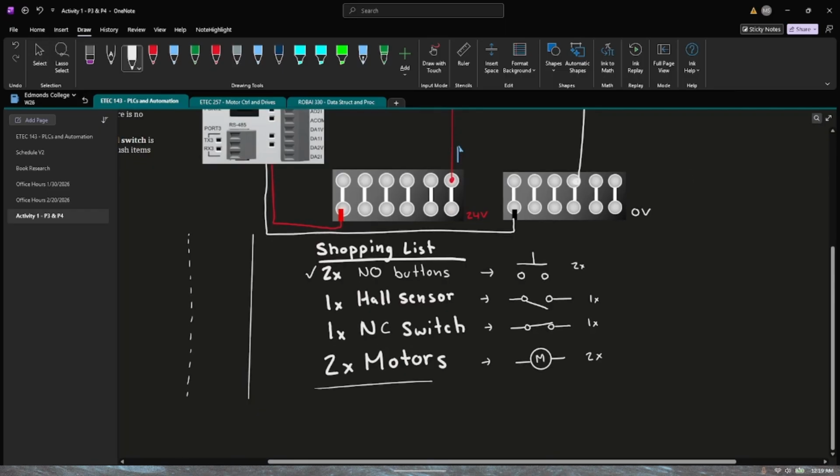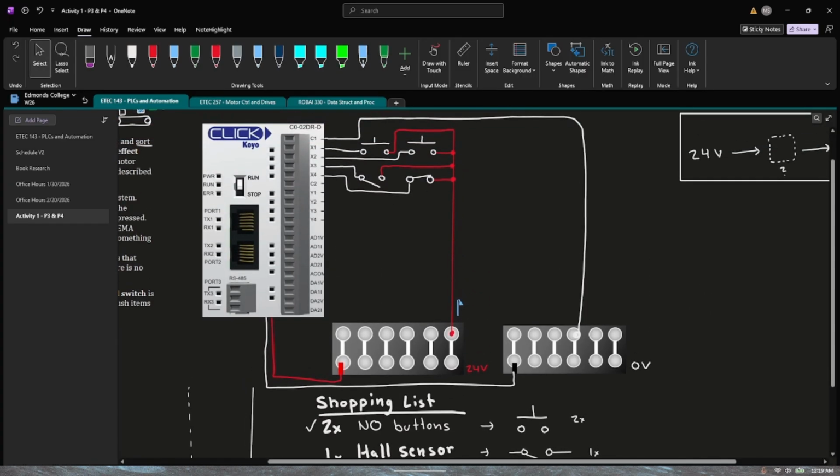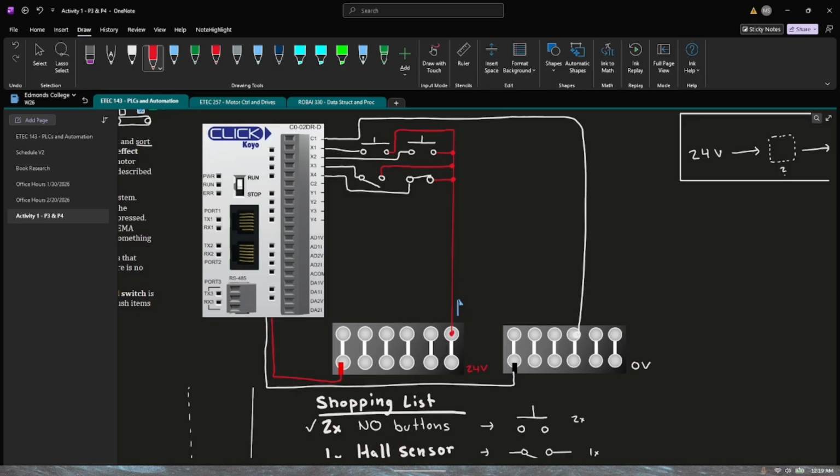Finally, we need our outputs, right, which is 2 motors. So let's just choose Y3 and Y4. We will also say these will be sinking, so maybe we'll make these green. We'll have our motor here, and just for clarity, I'll call this one MC for motor conveyor, and I'll call this one M for the motor that boots stuff off, right? So we'll connect like this,